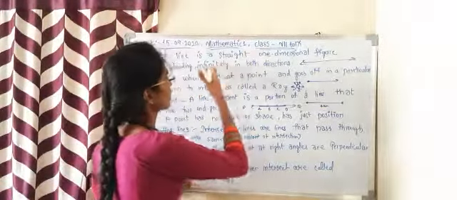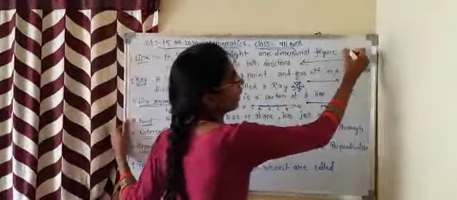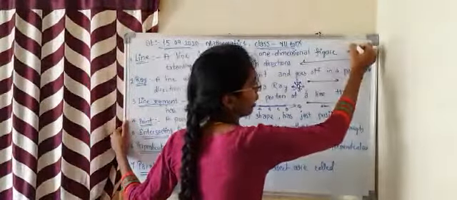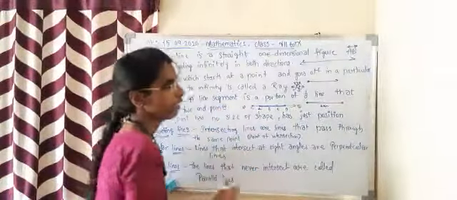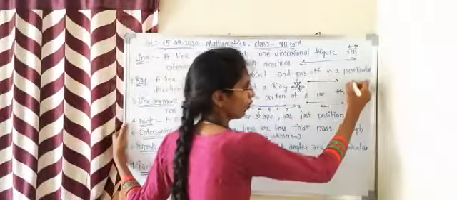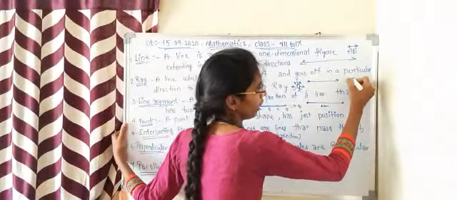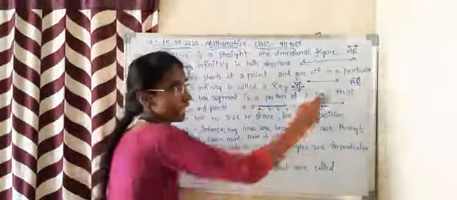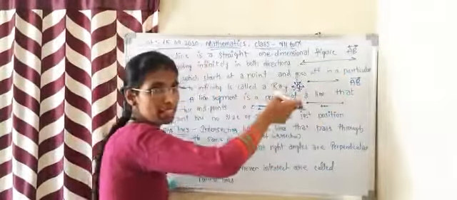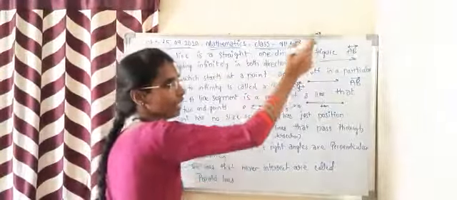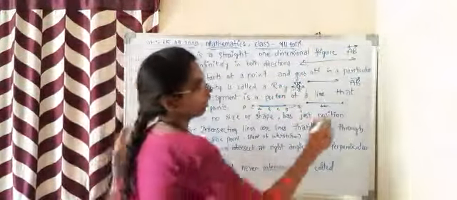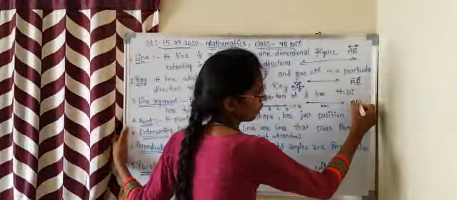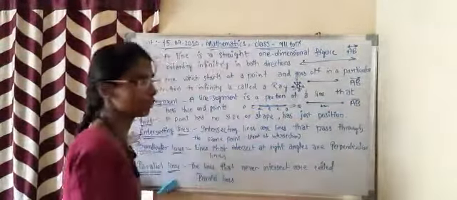How do we indicate a line AB? If the line name is AB, then we indicate it in this way. If it is a ray, we denote it as ray AB. If you find a symbol with an arrow on one side, then it is called a ray. If it is a two-sided arrow, then it is called line AB. A line segment will be denoted only in this way.